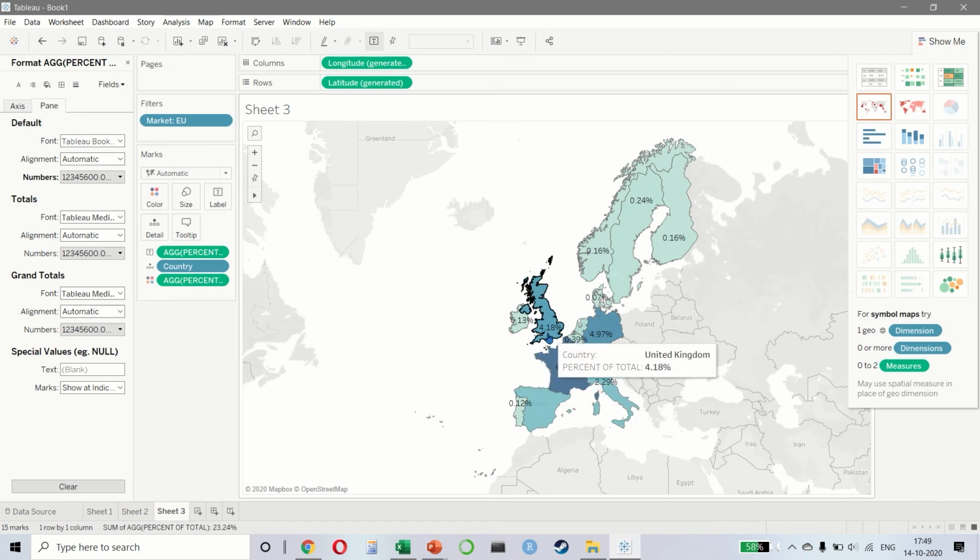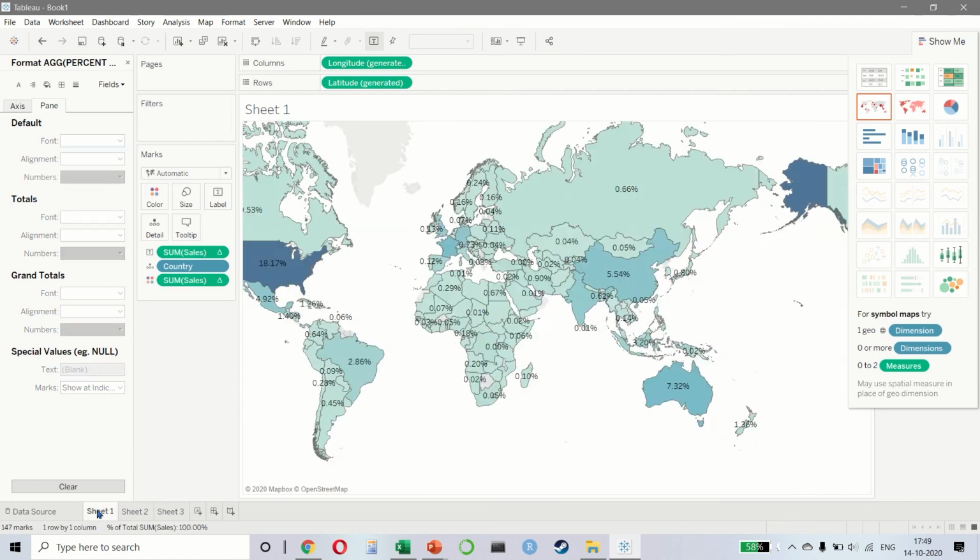So just take a moment and think about what we are doing right now. What we are saying is that France has 6.79% of global sales, but it is the highest performing country in the European Union. Right? So I hope that makes sense. We are saying that the contribution of Germany to global sales is 4.97, but it is also a large contributor for the European Union. So if you look at the first map,